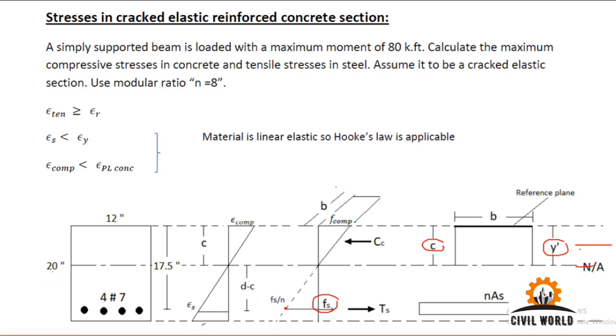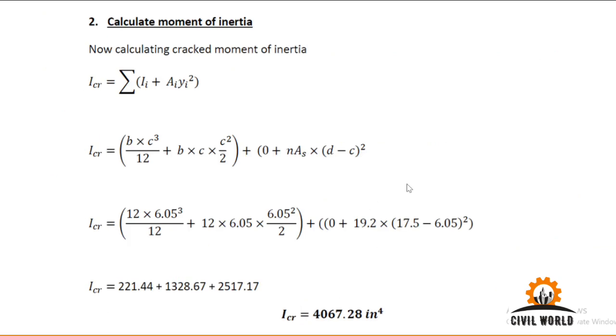Centroid is at this location, which is the neutral axis. Its centroid is at this location, so this distance is given by c divided by 2. So for this area, we have bc cubed divided by 12 as its moment of inertia, plus its area, which is b into c, and then